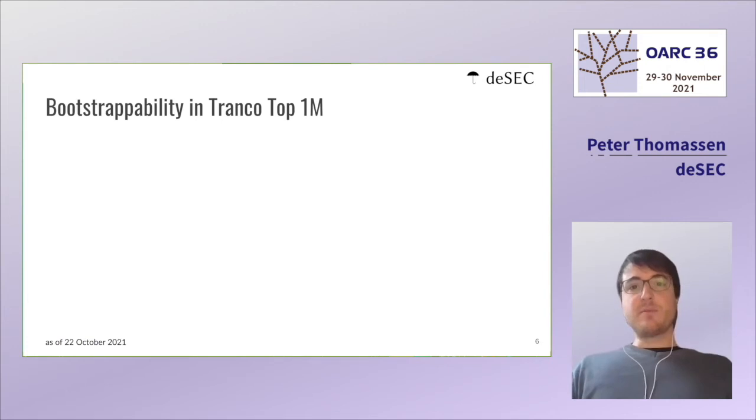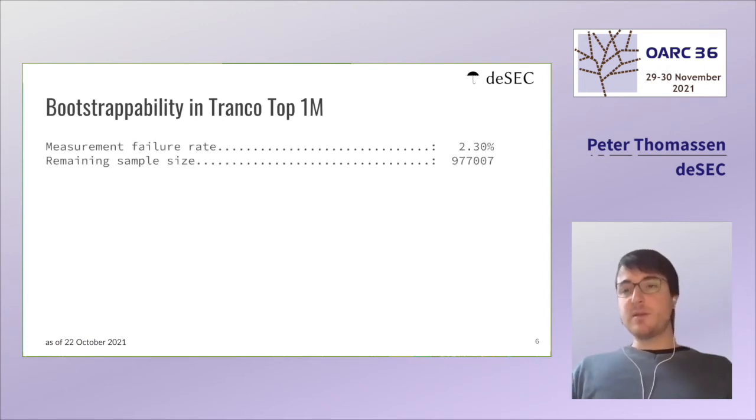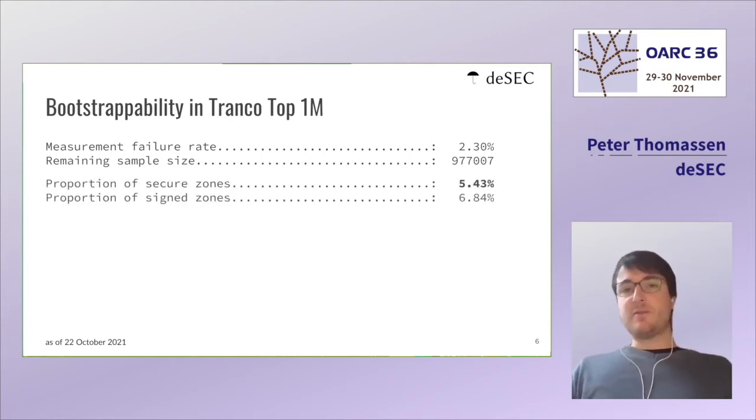Some numbers on the bootstrapability in the Tranco top million. So we investigated the top million in October. We had about a 2.3% failure rate, timeouts and all that. We didn't spend much time on improving that. We found that 5 or 6% of zones are secure and/or signed. So secure is if you actually have the validation path, and signed is if you don't have DS records but